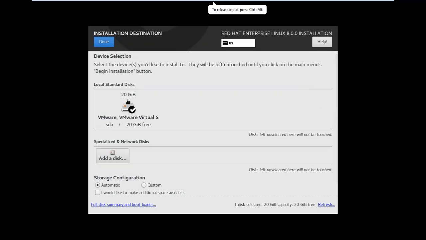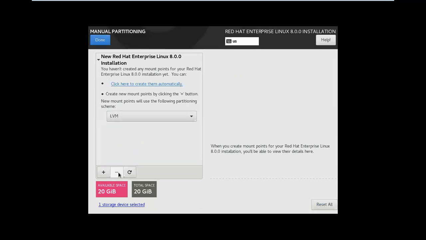I don't want to go for automatic installation; I can go for custom installation. Custom means as I wish, depending upon my requirement, I can create partitions. So select custom, click on done here. See, at the top left side, you have the option done. Now see, one disk is selected, 20 GB. By default, it selected the LVM partition scheme, but I want to create standard partitions.